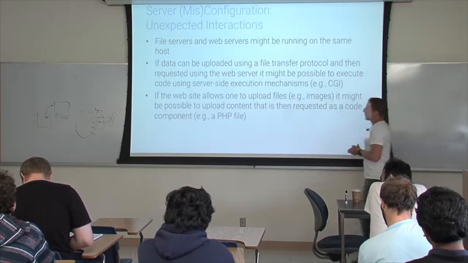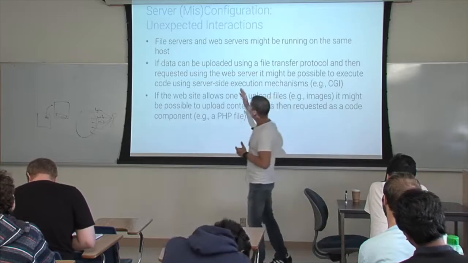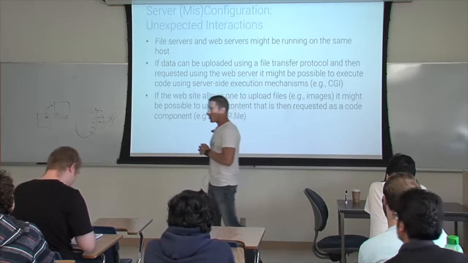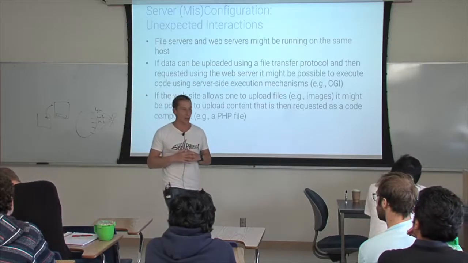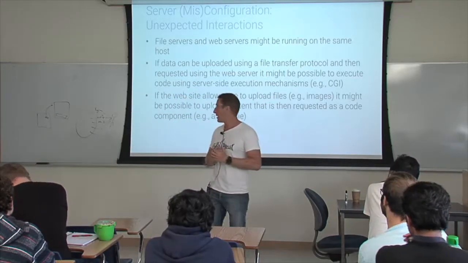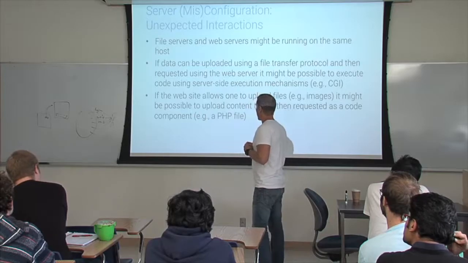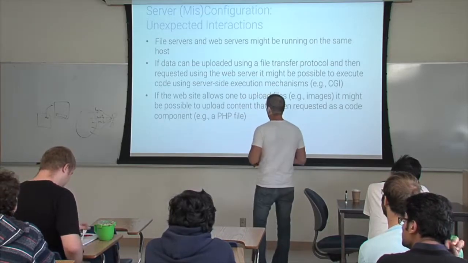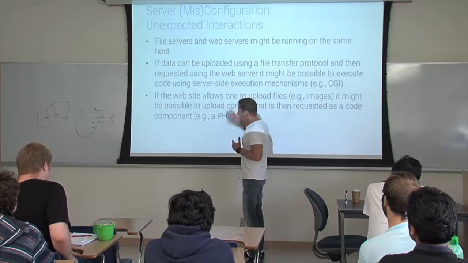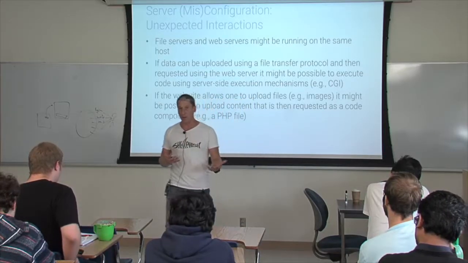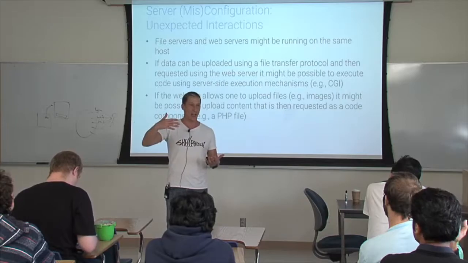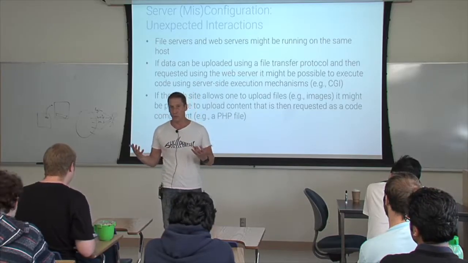Of course, there are other things that can go wrong. Another problem is server misconfiguration. It's actually interesting how this came in the OWASP top 10 vulnerabilities in 2017. But fundamentally, every time you can influence the state of the web server or the web application through a side channel, you can create all sorts of problems.